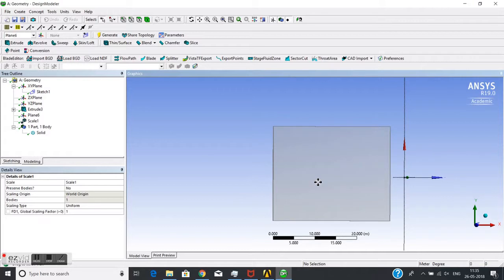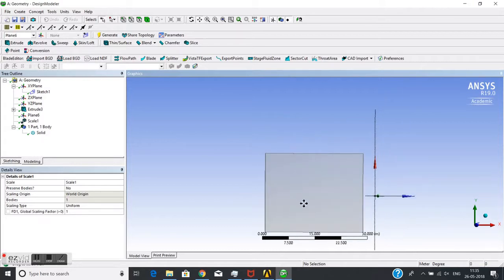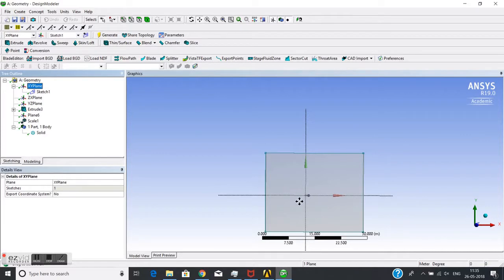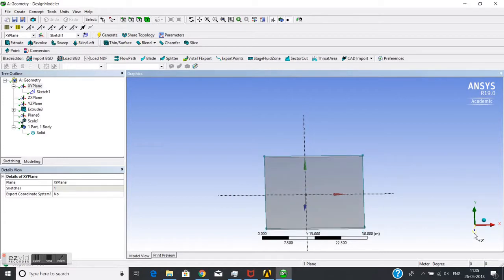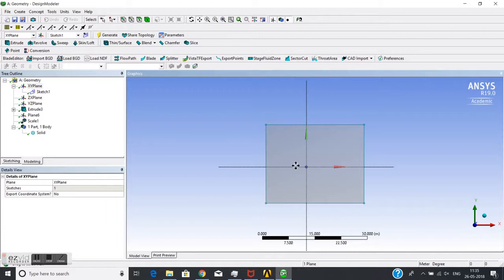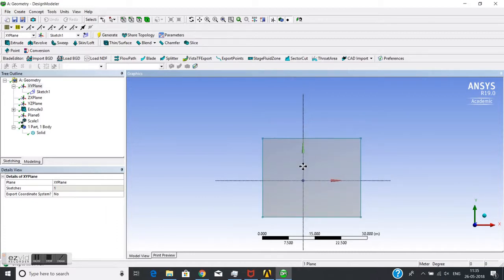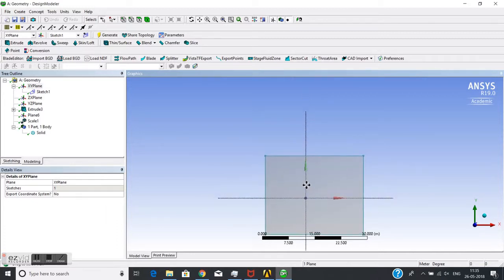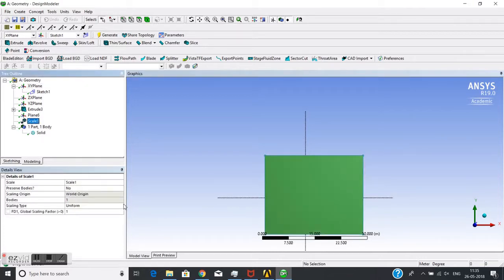Here I will see this is roughly below 30 mm, and this is your XY plane. Now let me see from the Z direction. If I click on this Z, now I am looking at this object from the Z direction, it is perfectly aligned. Then I will scale to say 0.5,